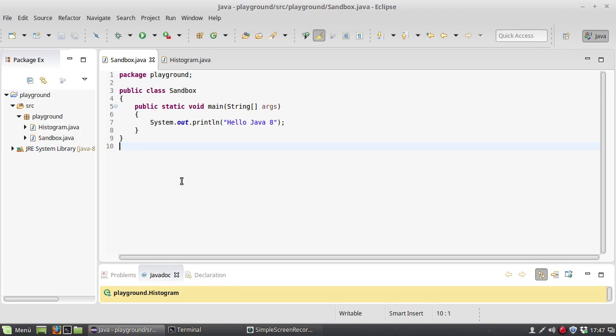Hello Java 8, or should I say: package playground; public class Sandbox { public static void main(String[] args) { System.out.println("Hello Java 8"); }